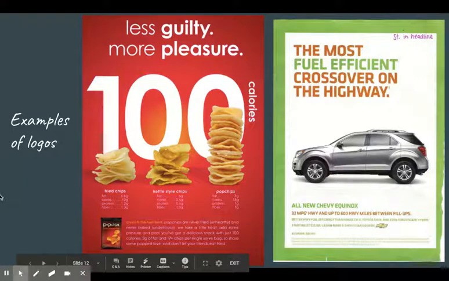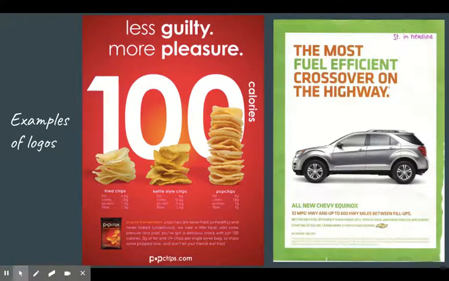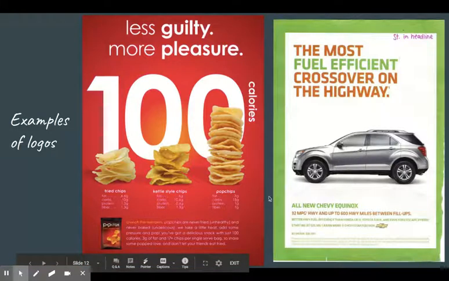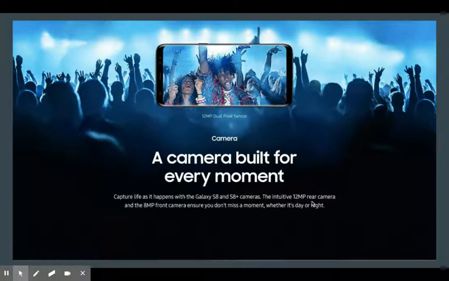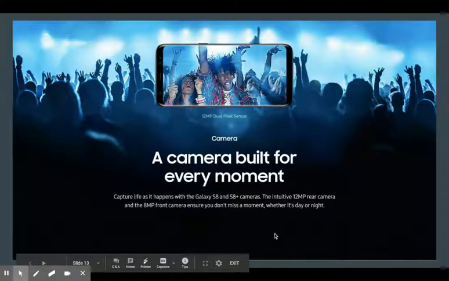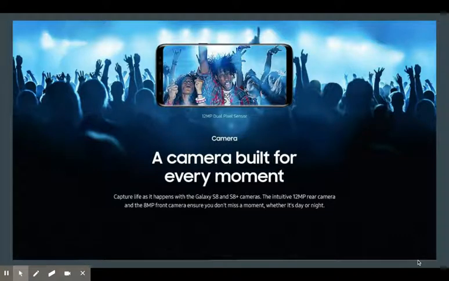And here are just some examples of logos. So anytime you see anything that includes numbers, that's how you know that they're using logos. Again, here they're telling you the 32 mpg highway up to 600 highway miles. All of this constitutes logos. And again, this is for the camera on a phone, right? So it's telling you what kind of camera it has. So again, all logos.